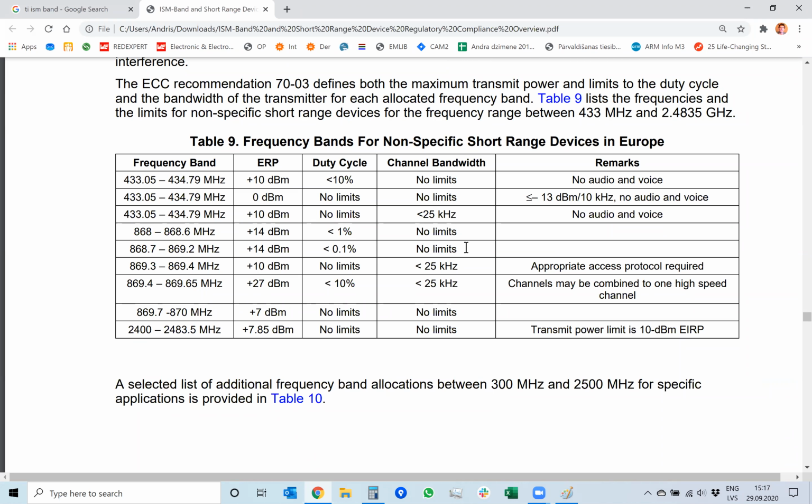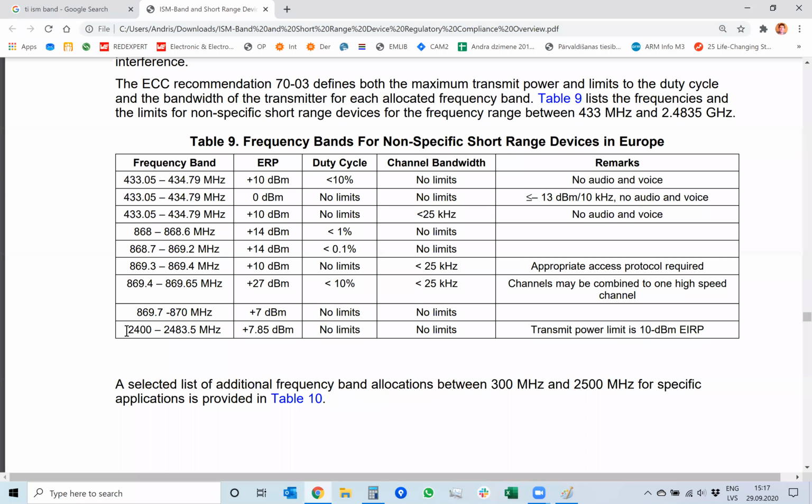So for example, you can make a device that transmits the temperature only once a day, or maybe some energy consumption of the day only once a day, and you can use this band. It will be more silent, and more data will go through. And there are other bands which are for some specific reasons, but there are other rules in those bands.